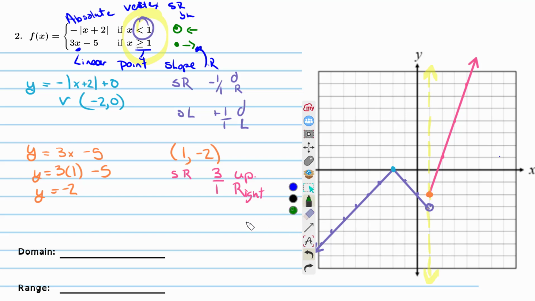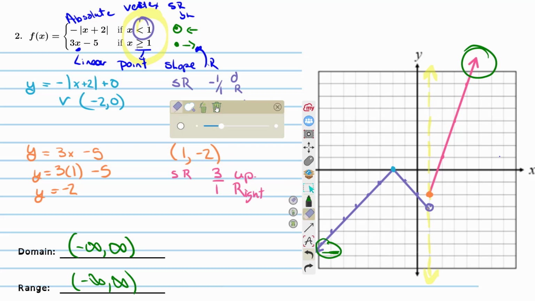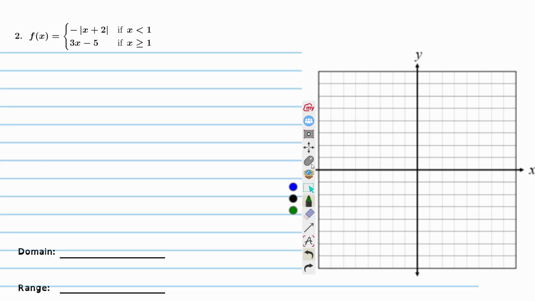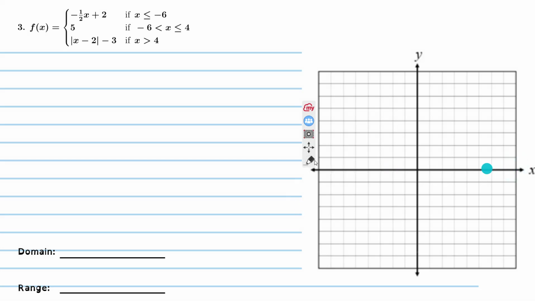Now let's find our domain and range. Our domain is negative infinity to infinity because we have an open filled in with a closed. Range. My lowest value is down here with this arrow. I'm going up and I'm going to cover everything in the middle until I get to this top arrow. So negative infinity to positive infinity. So let's look at number 3. And so when I'm looking at number 3,